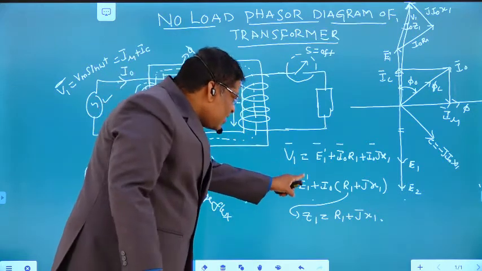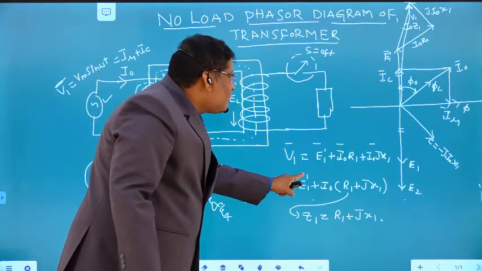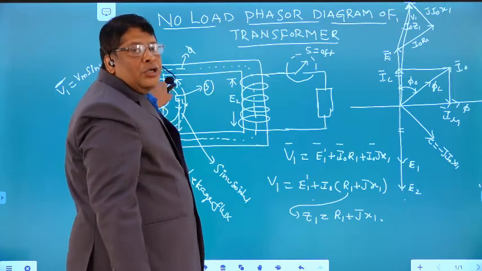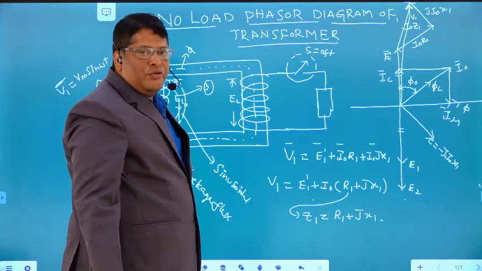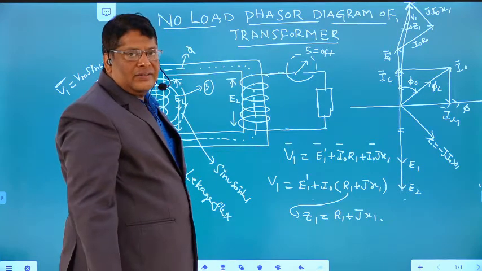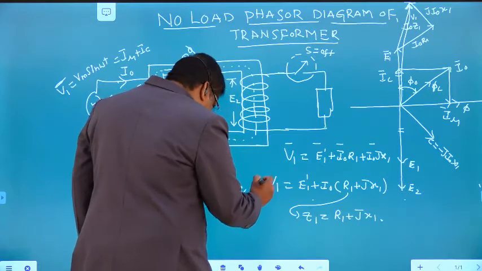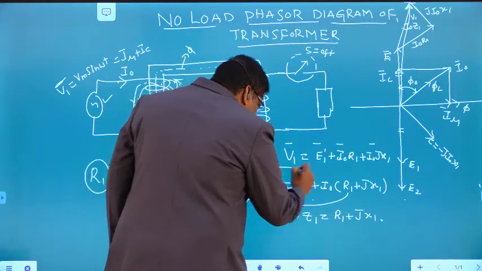So what is E1 dash here? E1 dash is nothing but the induced voltage in a primary winding due to the mutual flux. See here, this is the final equation for the primary winding